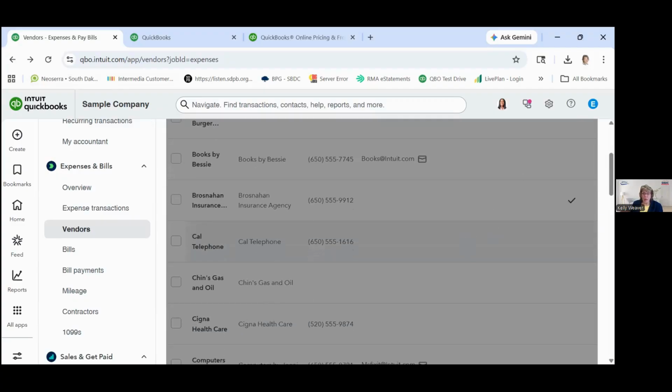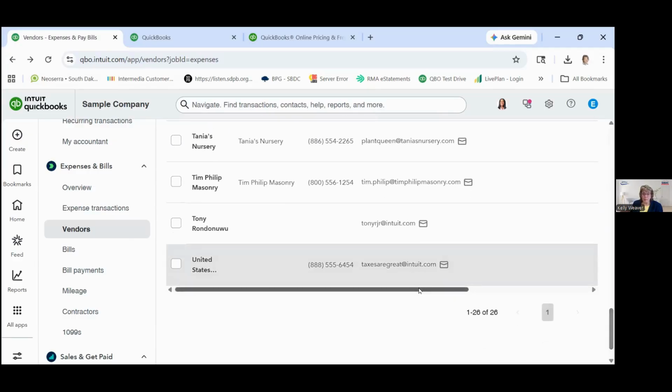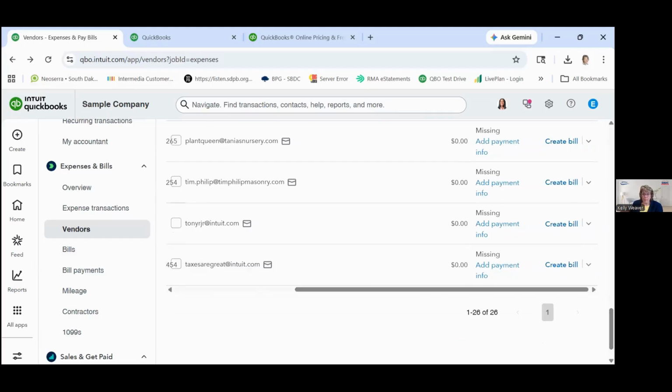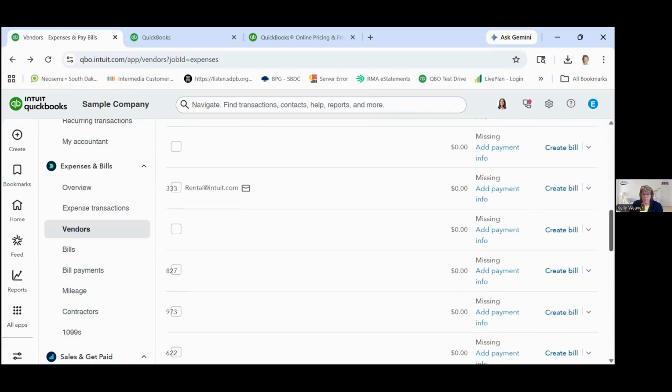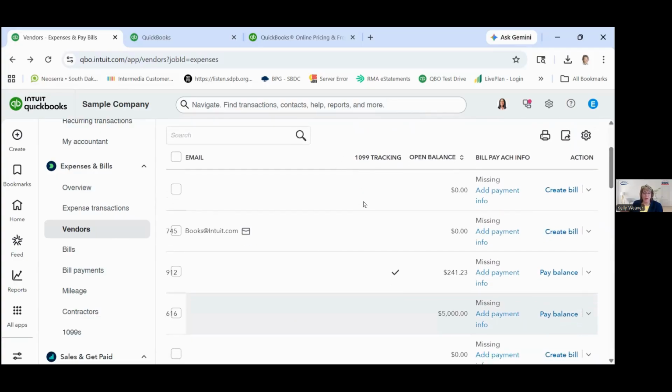This is where having a big screen is helpful. Or customizing this list so I don't have 1099 tracking. I really wouldn't need that on this list. But here's my Cal Telephone, $5,000. Let's pay the balance.